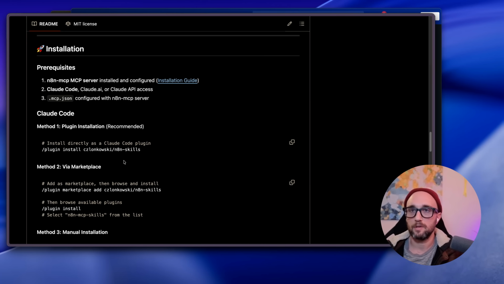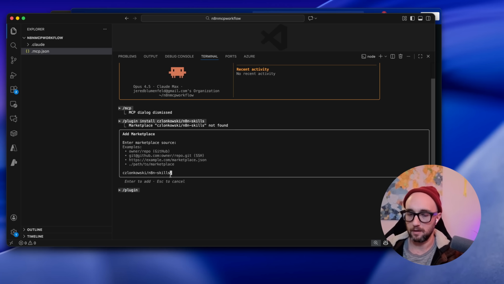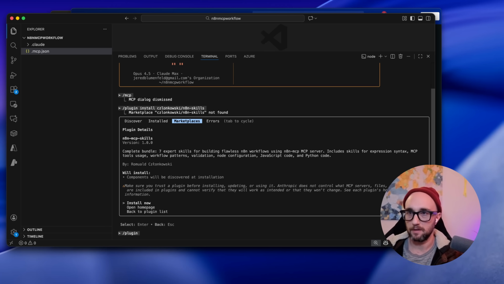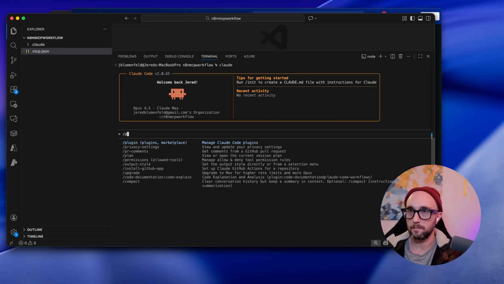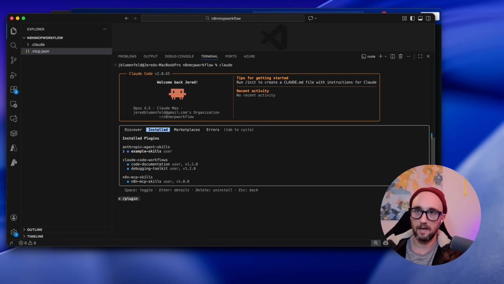So the easiest way to do this is go to his Claude skill. We'll just copy his username and repo. Paste it in here, and we're going to press yes to install it. So now if we open up Claude again and we do /plugins, go to installed, we see the n8n MCP